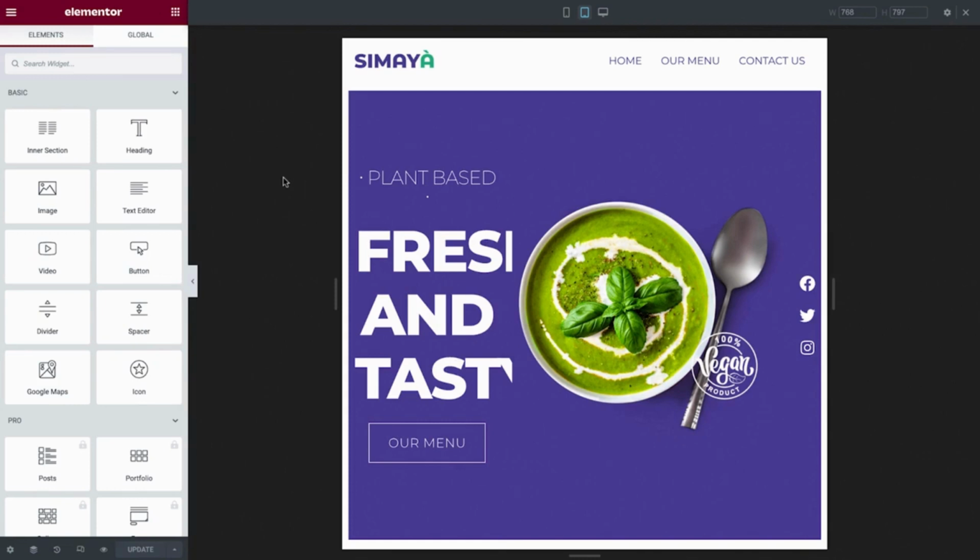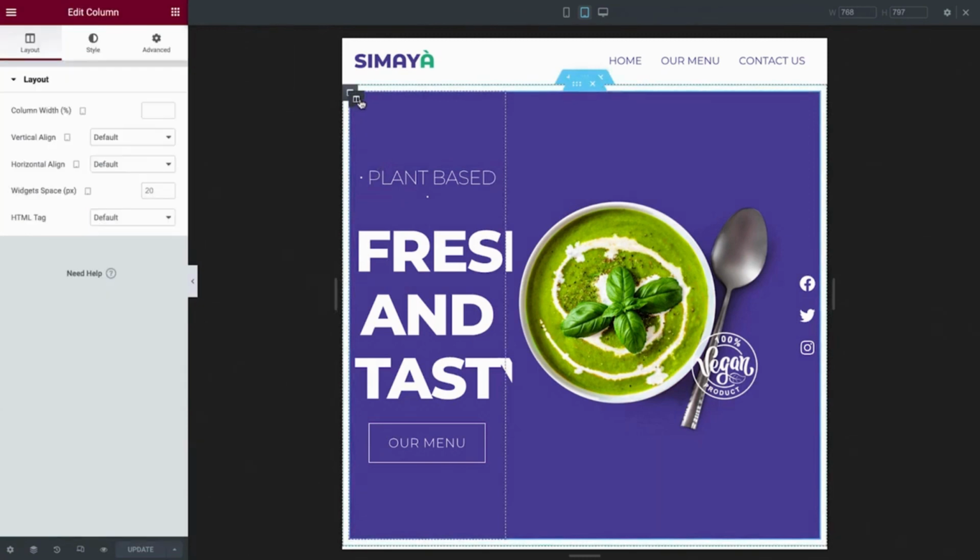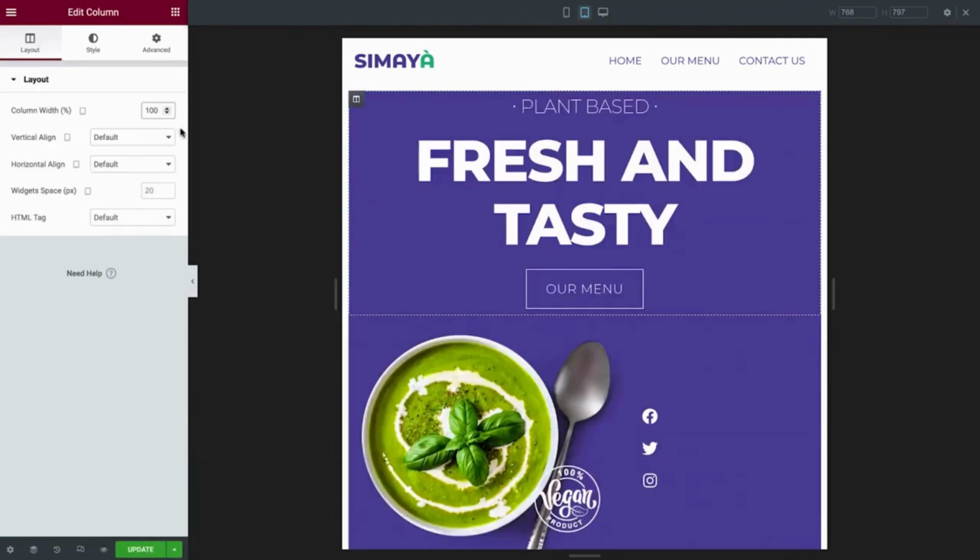When spread out over 3 columns in tablet mode, the content gets cut off. Let's modify the way they display to give each element the attention it deserves. We'll move the first column to the top and allow it to take up the full width of the section. To do this, select the column, and for the column width percentage, type in 100. Ta-da! As you see, the column now takes up the full width of the section,